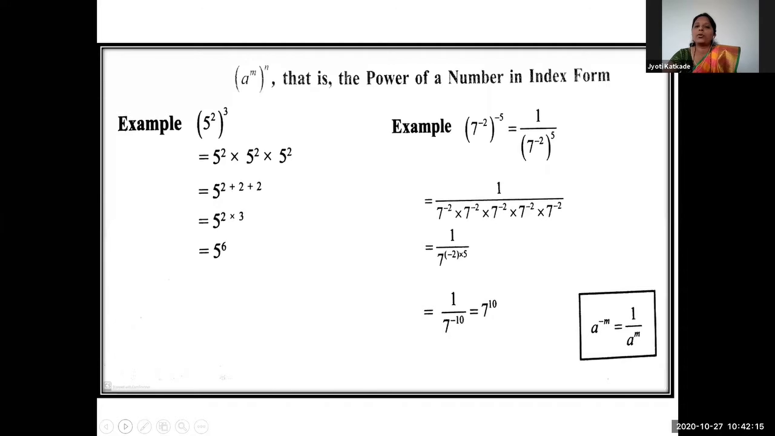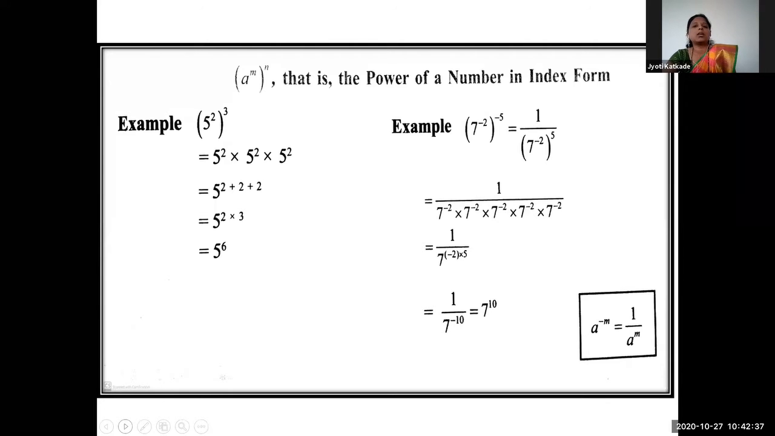It means we have to take 3 times multiplication of 5^2. So take 5^2 into 5^2 into 5^2. The power of this is 3, so we take their multiplication 3 times. Okay, now,